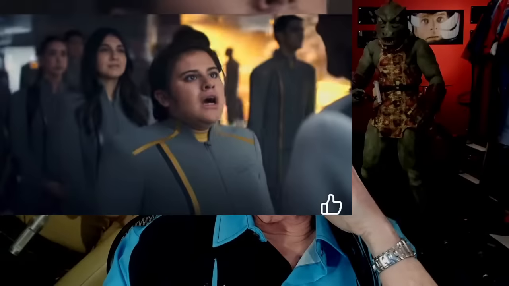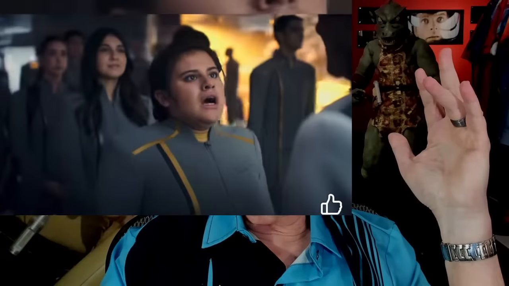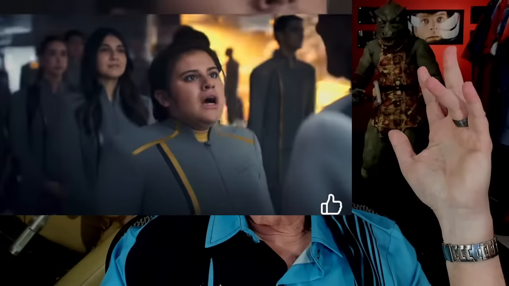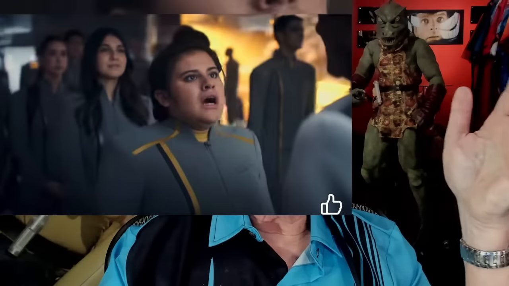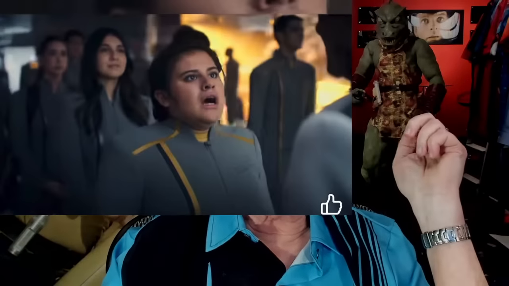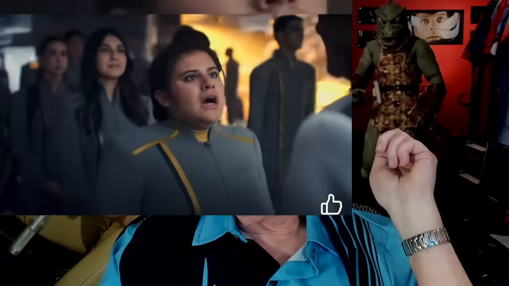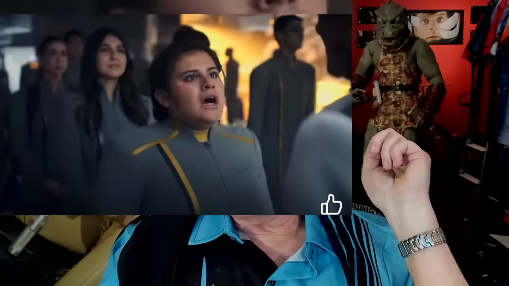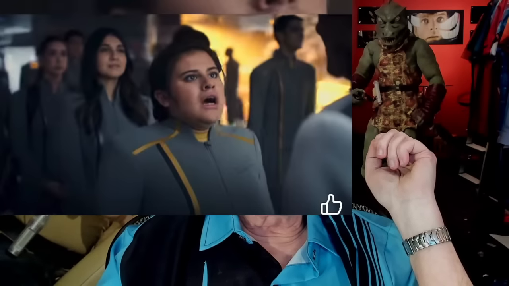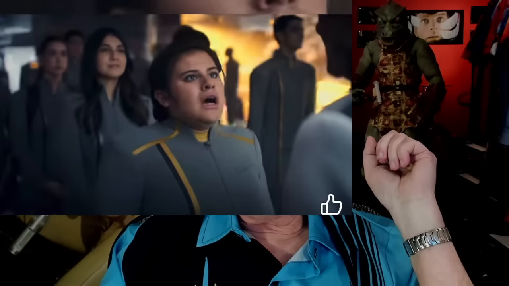If I was running Starfleet Academy, I would have uniform sizes that are proportional to height, and if you can't fit into the uniform, you are declined. We're not going to make bigger uniforms for you because you can't control yourself. How are we supposed to expect you to command a starship and have the discipline to do that when you don't have the discipline to stop eating moon pies and Twinkies? I don't buy it. It doesn't make sense. It's not internally consistent.